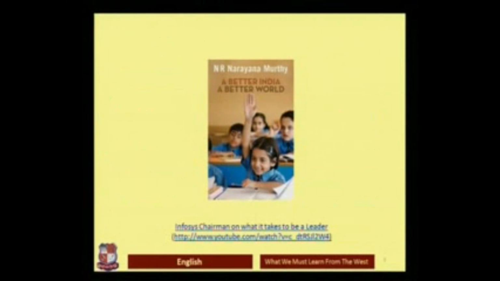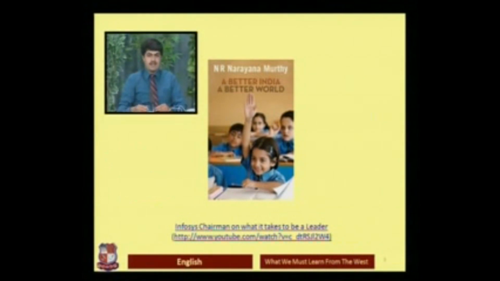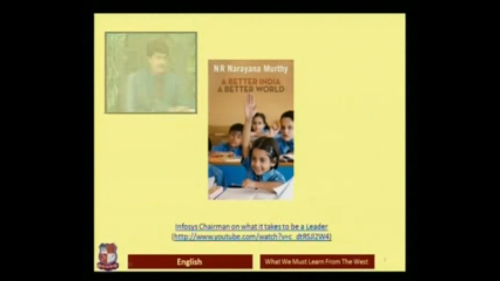Okay, here is one book that Narayan Murthy has authored, and the book is titled A Better India, A Better World. And here he talks about his ideas at length, the same ideas essentially that we have in this section. And before we begin with the lesson, let me